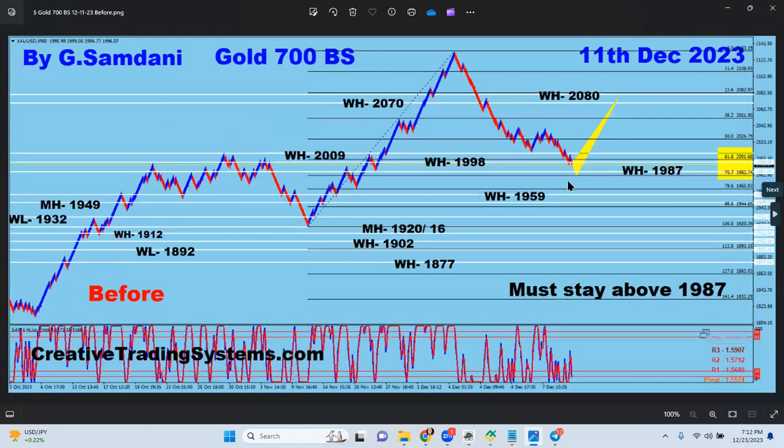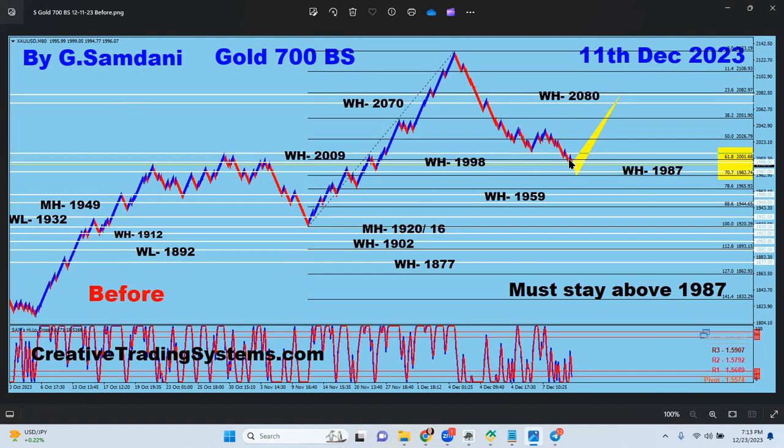So this is my next chart, my Renko chart. When it dropped all the way here, I said, okay, this is dropped enough. First, I was expecting a move to the upside from here, but it didn't happen. So it came down here. So I said, okay, now probably we're going to go to the upside.